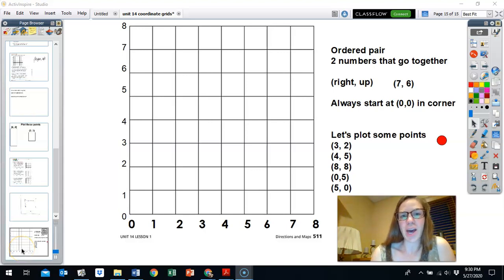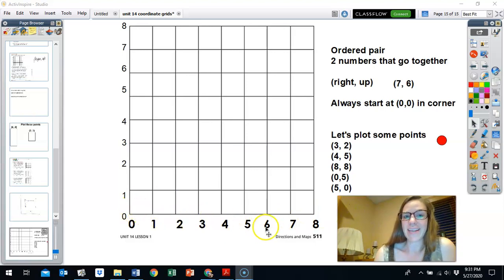Hello, we are working on coordinate grids and graphing, or putting ordered pairs on a graph like this. So this graph has two axes. It has this axis on the bottom where the numbers are, and that is the x-axis. And we have this axis going up vertically, and that is the y-axis. Now these two axes are part of a graph, and the numbers will help us plot